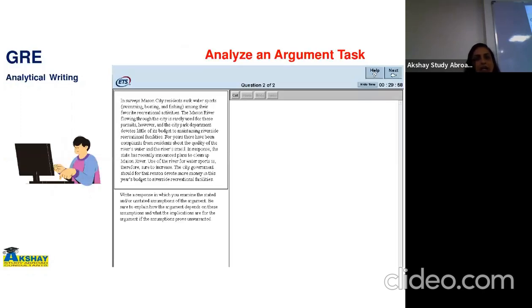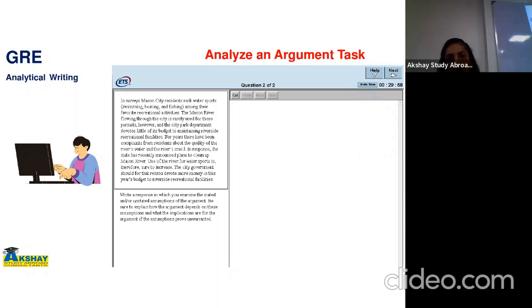And then coming to the argument task, you can see there is a topic or argument prompt on the left hand side and the space on the right hand side. You can easily notice the difference between issue prompt and argument prompt. Like the issue prompt is just a 1 line statement, whereas for the argument prompt, you come across a brief passage like this. Okay, so obviously the approach that you need to take to write each essay is different, and that we will be discussing in detail later in our sessions.